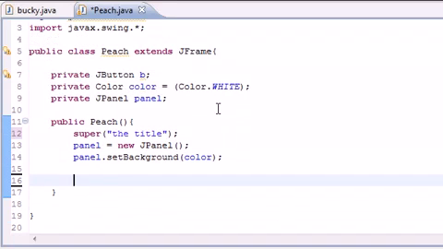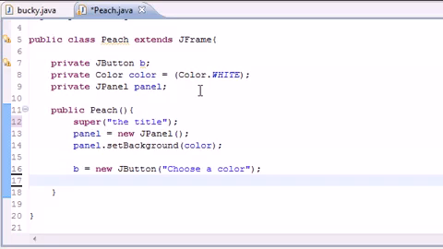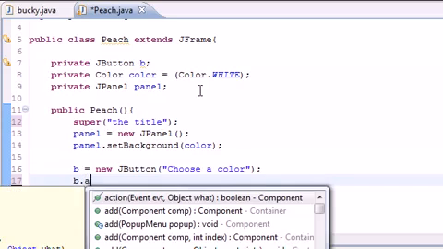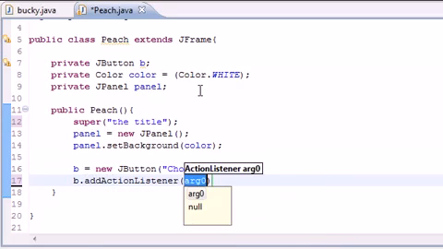So now let's go ahead and add our button to the screen. So b equals new JButton. For the text on our button, let's just put "Choose a color", because when they click the button they're going to need to choose a color. So now we can add some functionality to this. So b.addActionListener right there,